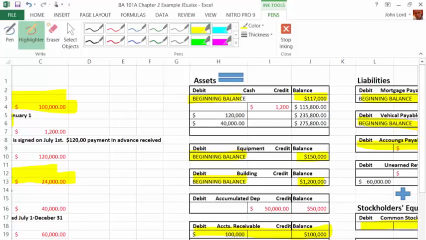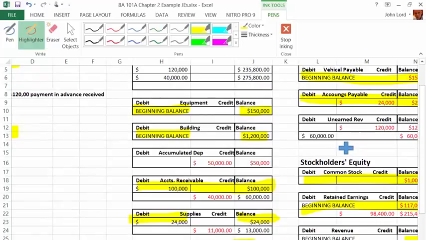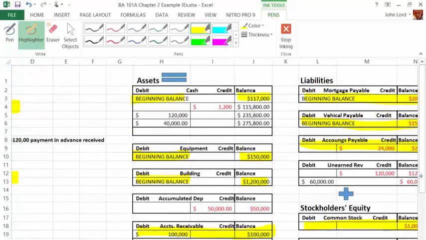Where'd you go? I guess you're down. There you are. Prepaid insurance, 1,200. Is that an asset? Because I have that insurance, right? It's prepaid. It's going to be useful for me for how many years? 2 years, right? So I debit my prepaid insurance. That's an asset. And since I paid that in cash, I'm going to do what? I'm going to credit the cash for the 1,200, right? Okay, good. Then what? Then I go ahead